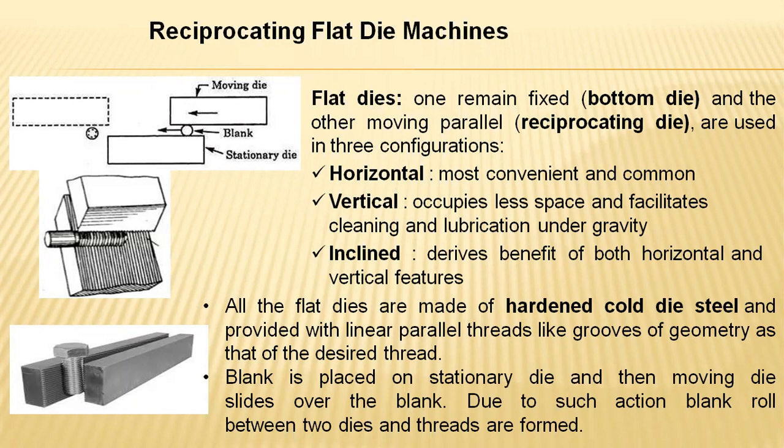The other one is a moving die, parallel to it, called the reciprocating die, which moves over the other die with the material placed in between. This reciprocation can be in a horizontal mode, which is the most convenient and common method utilized for flat dies. In the vertical mode, it occupies much less space,